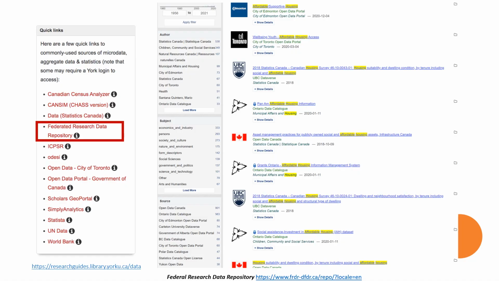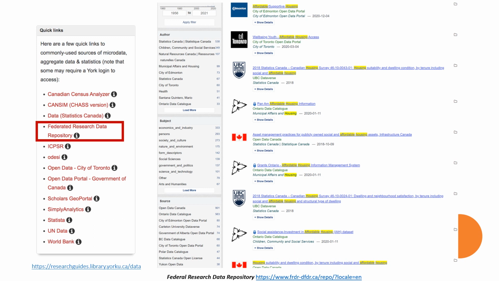Going to all of the individual open data portals of Ontario cities can take a while. We can also try using research data repositories, which allow data deposits from all levels of government and researchers at many academic institutions to be searched for and discovered. The Federated Research Data Repository, or FRDR, is affiliated with many Canadian institutions, and particularly governments, but there are many more research data repositories as well.